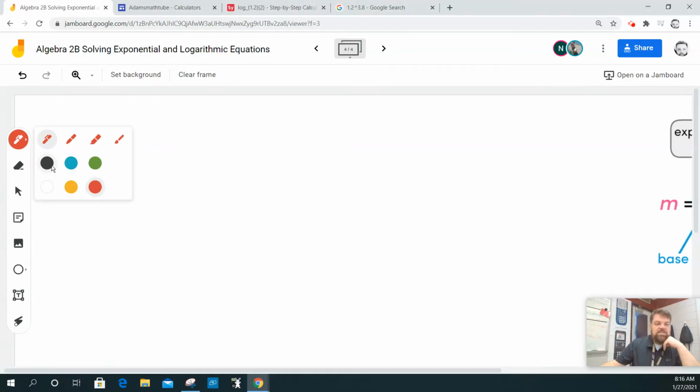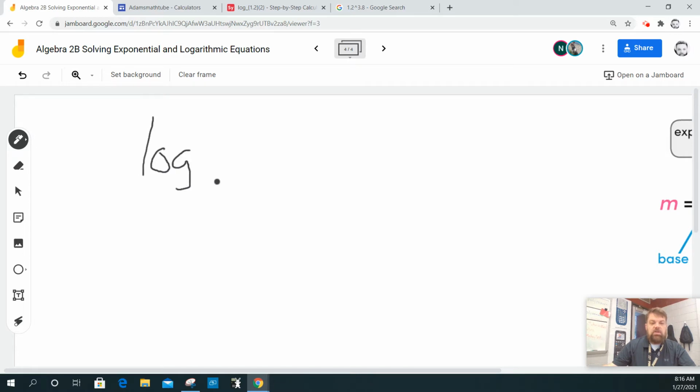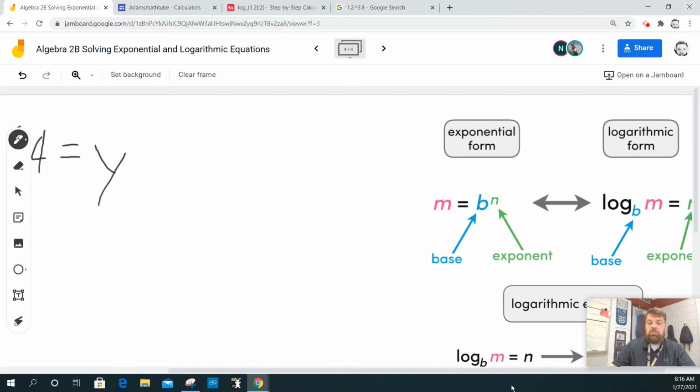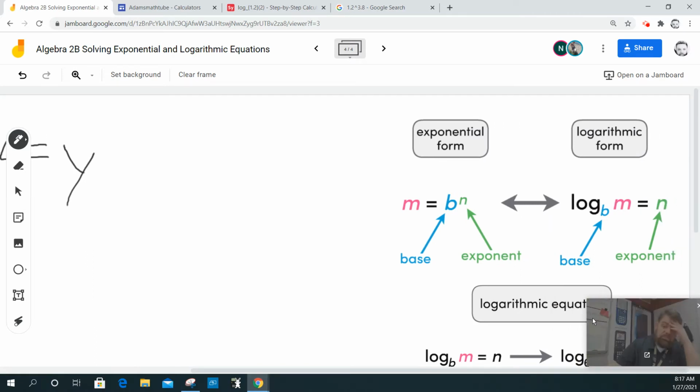All right, so for this next one, we're asked to convert log base 4 of 64. Not convert, they want us to figure out what y is. So this is where we can find this pretty easily by taking the log and converting it